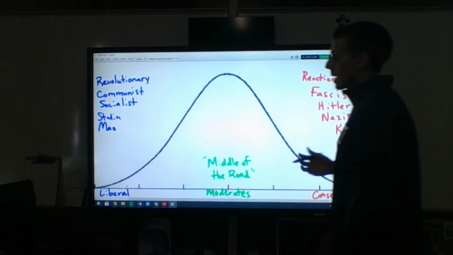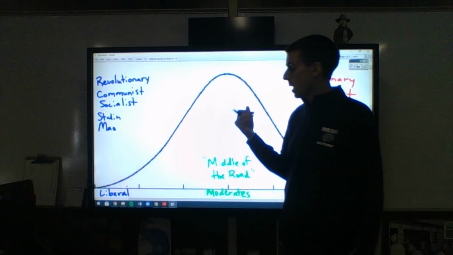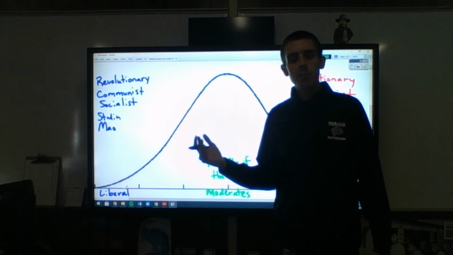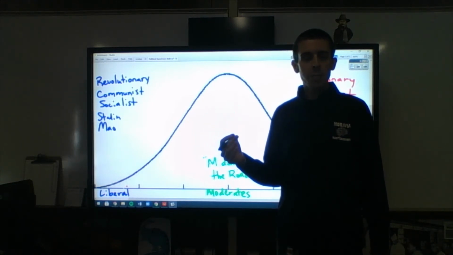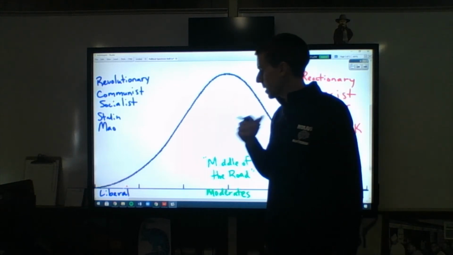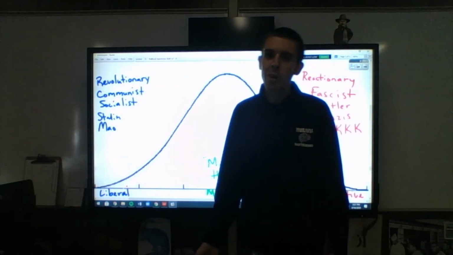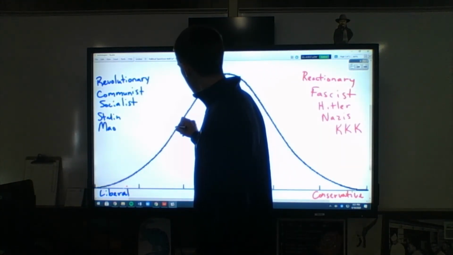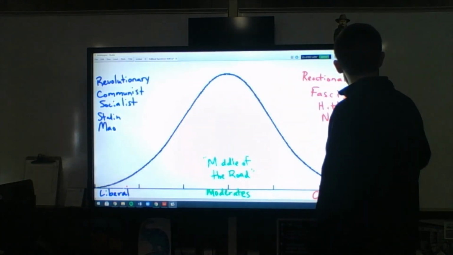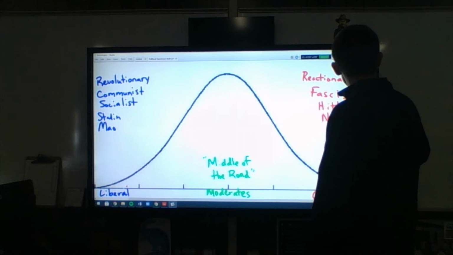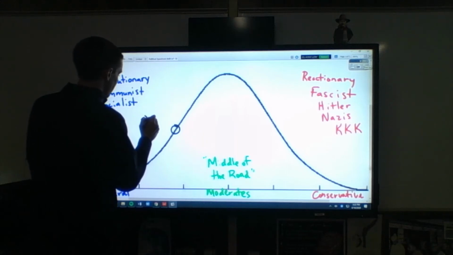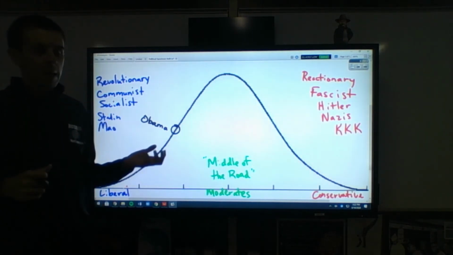So let's go with our most recent president before Donald Trump. Let's go with Barack Obama. He is a Democrat. He was a pretty liberal guy in terms of his policies when he was president, and kind of keeps those policies now. So I think he was considered to be one of the more liberal presidents that we've had in our history by most historians. So I'm going to put him in this area. I've lost my pen again. I guess I'll use black. I'm going to put him somewhere in this area, and I'm going to say Obama. So Barack Obama belongs down there.